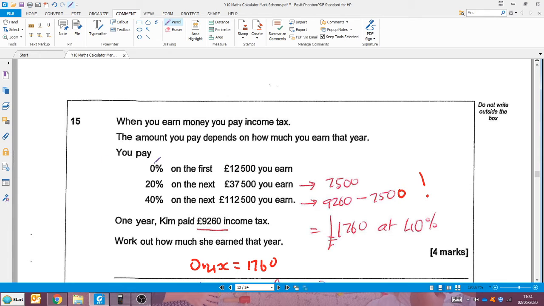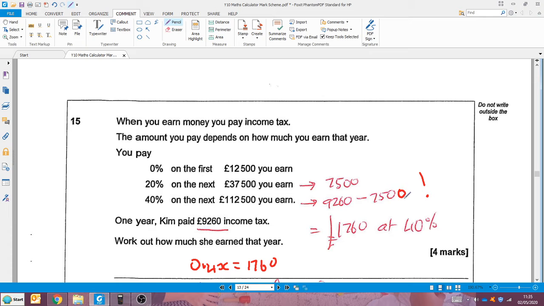I worked out that 20% on this amount of money is £7,500. I did. I used my calculator. Which means if she's paying tax at this level, and yet she pays even more tax than that, it means she must be earning more than £37,500. And the question is, how much? Well, if I take away her total tax bill, and that little part there for the excess at 20%, then at the highest rate of tax, she must be taxed 40% at